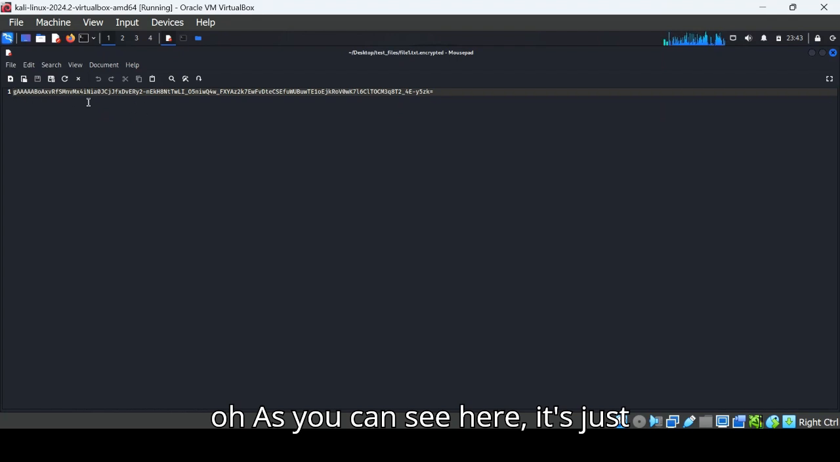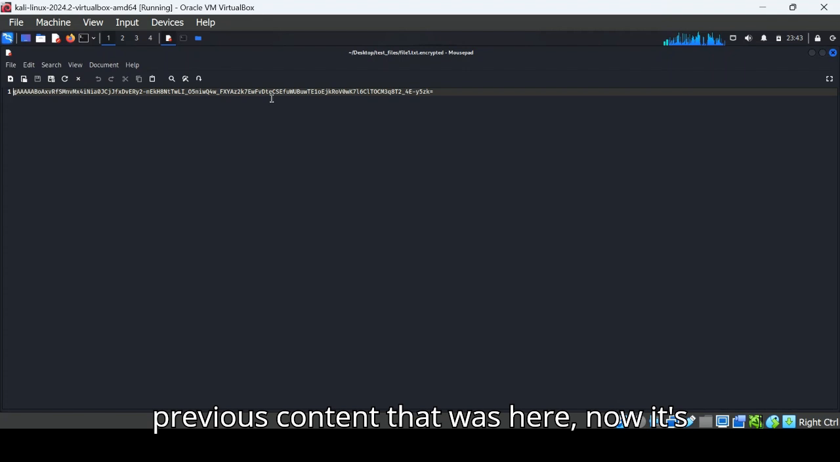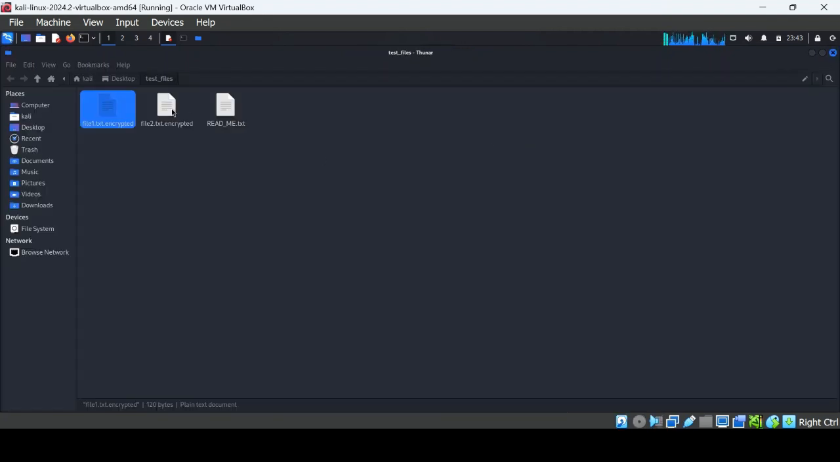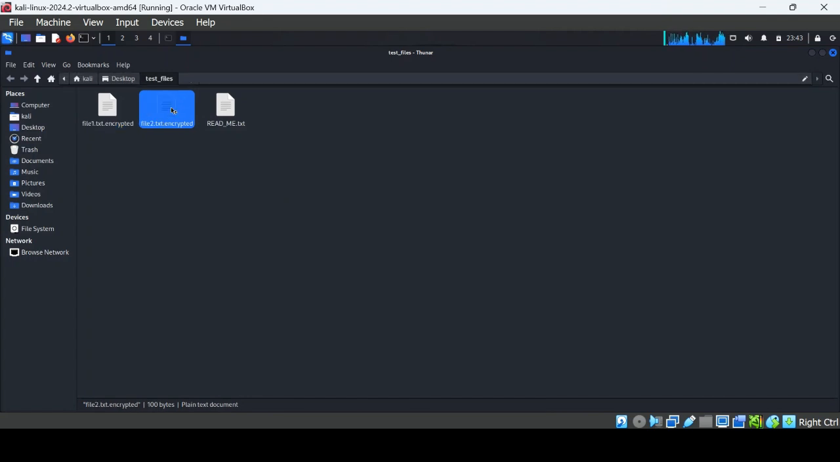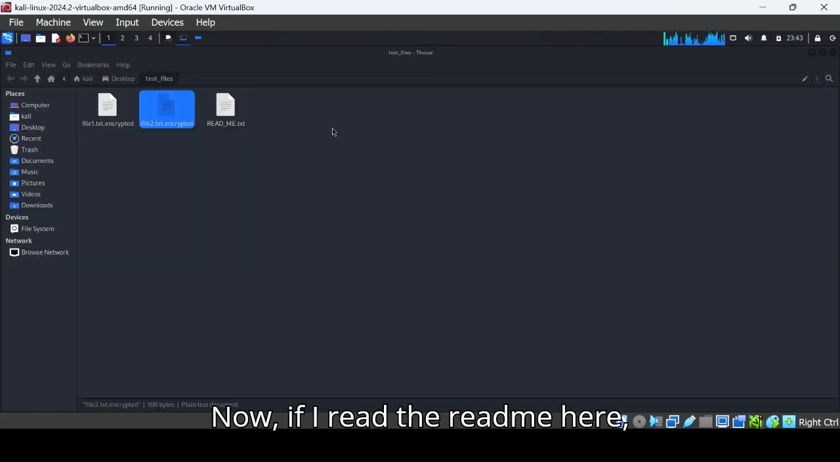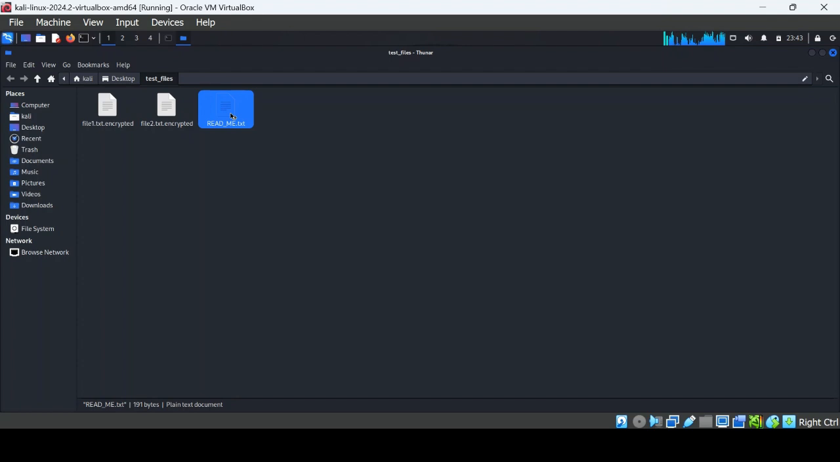Oh, as you can see here, it's just gibberish. I don't know, the previous content that was here, now it's just gibberish. And if I open the other file, yep, it's gibberish again. Now, if I read the README here,